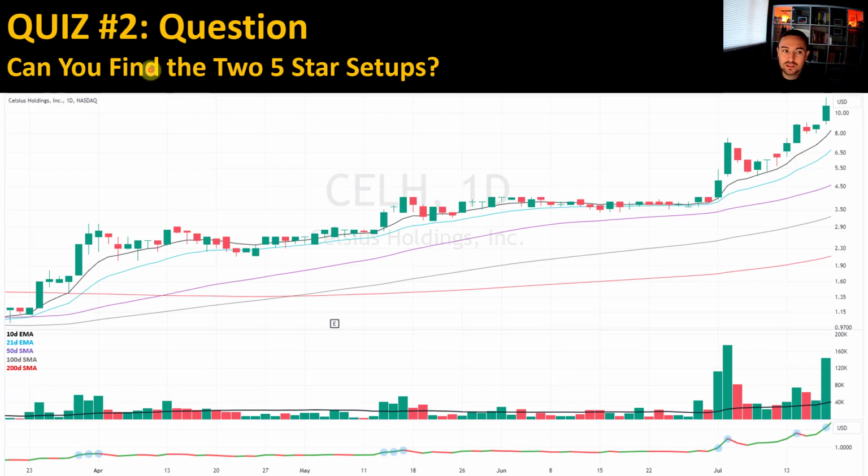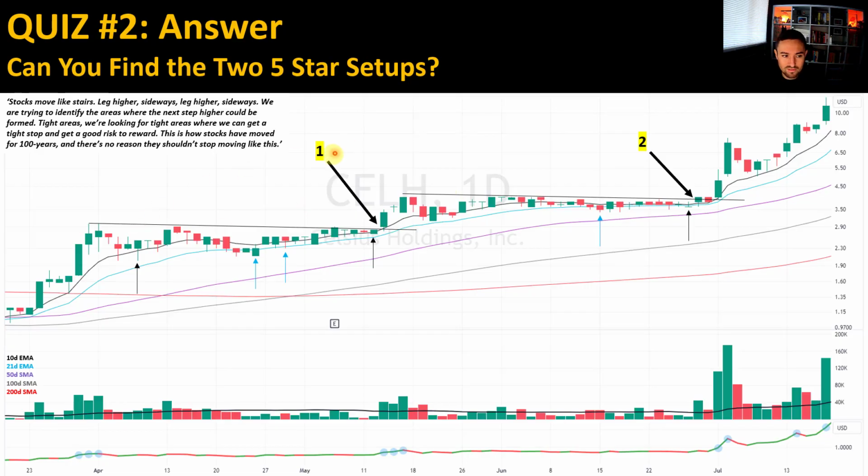Celsius, can you find the 2 5-star setups? I think there are 2 5-star setups on Celsius here. This is back in 2009, I believe. Ready? 3, 2, 1. There you go. 1 5-star setup in here. See how the stock powers up here, bounces off the 10, bounces off the 21, gap down reverse bar underneath the 21,